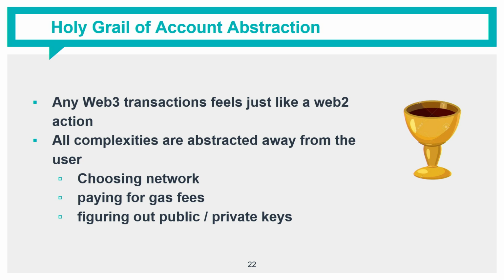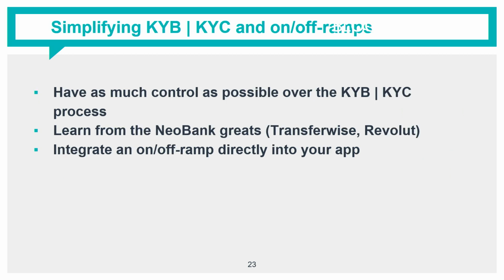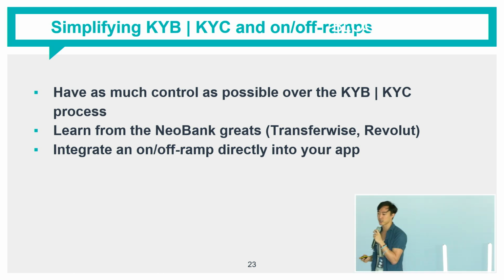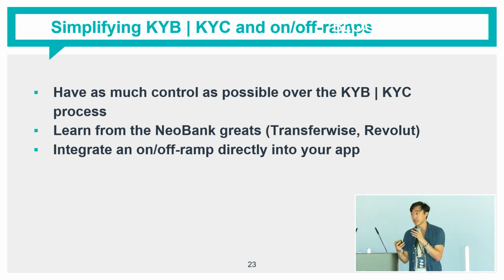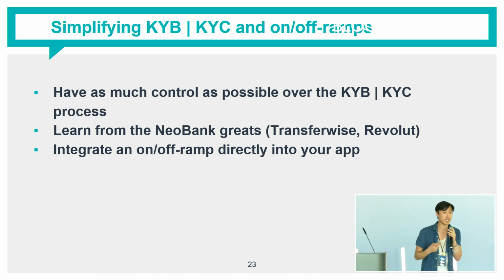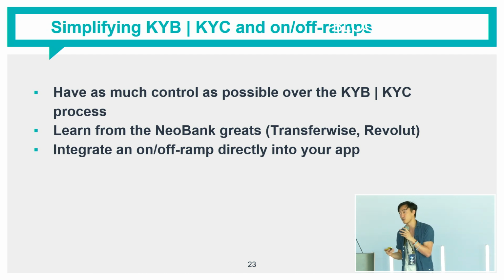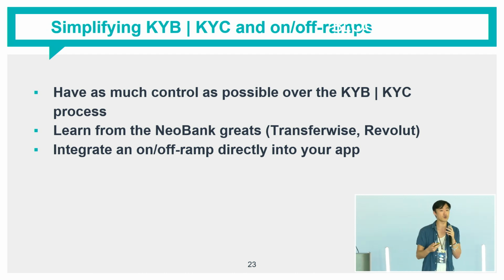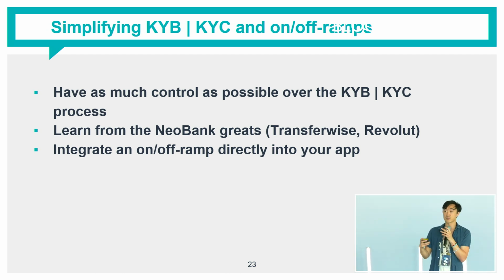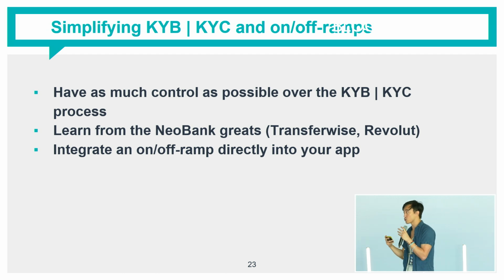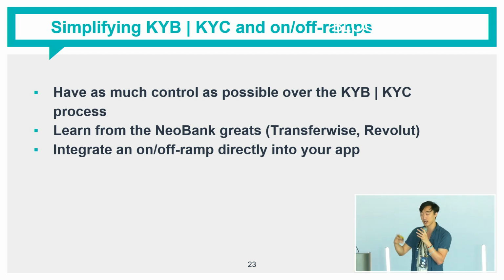Choosing a network, paying for gas fees, figuring out public and private keys. So let's talk about also KYB and KYC and the on-off ramp, because it's another piece of that friction point. And the key to remember here is really, it's sort of a solved problem. I don't know if you guys ever signed up for a neobank or something. The KYB, KYC process there is really quite smooth if you ever used TransferWise or Revolut. So if you can take that KYB, KYC process, and the best way to do that is really to have as much control as possible, and then you really want to integrate that on-off ramp directly into your app,